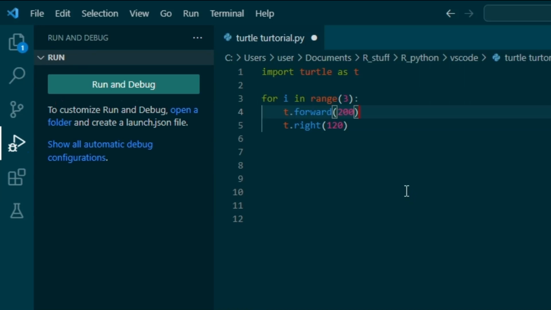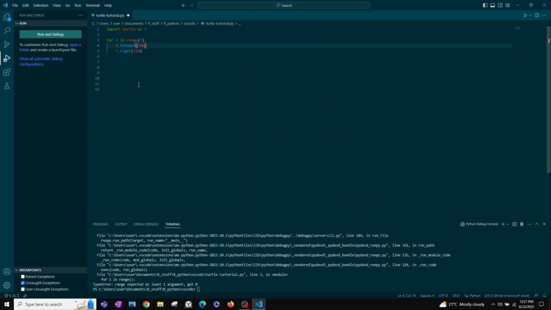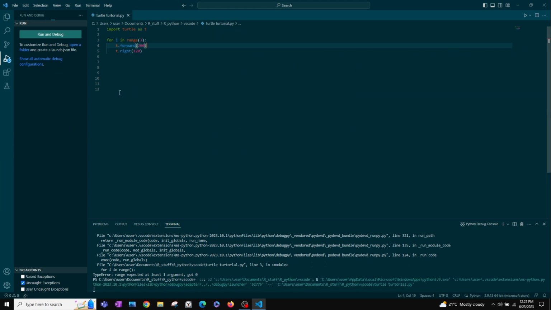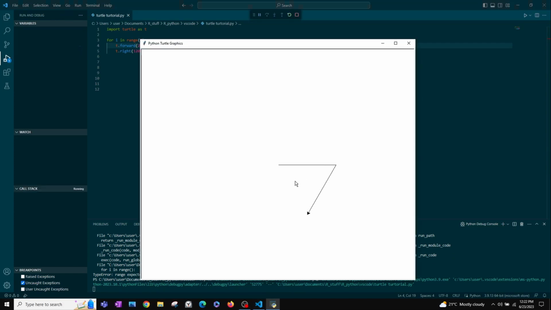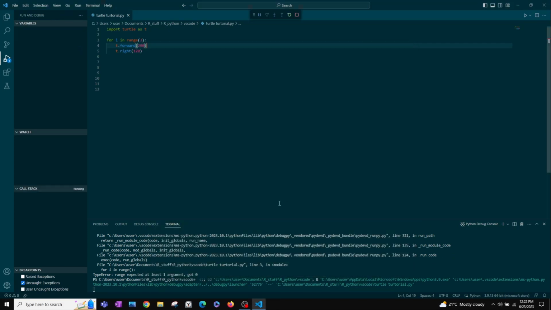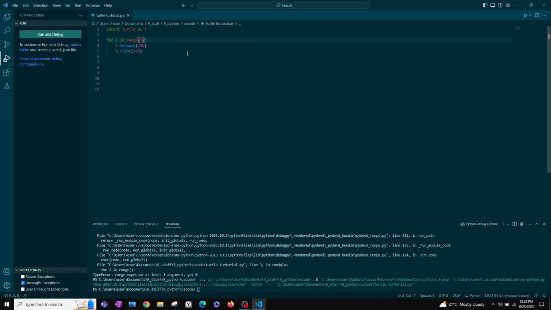This will essentially create a triangle. Now we can make multiple shapes like this with this code,